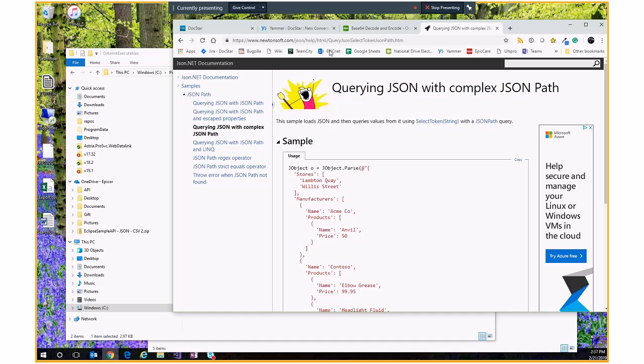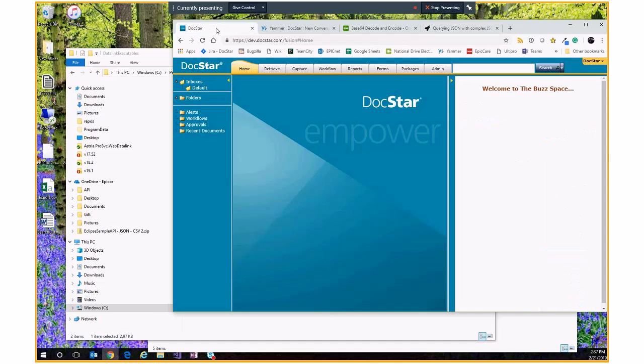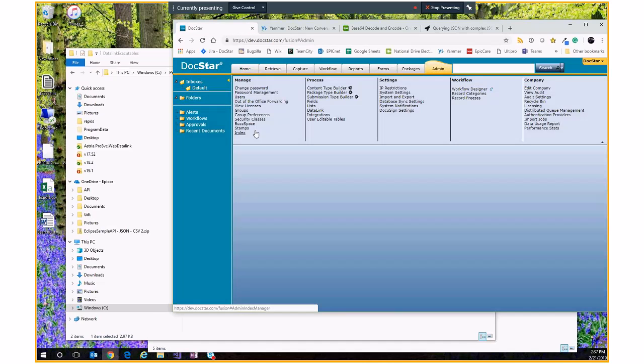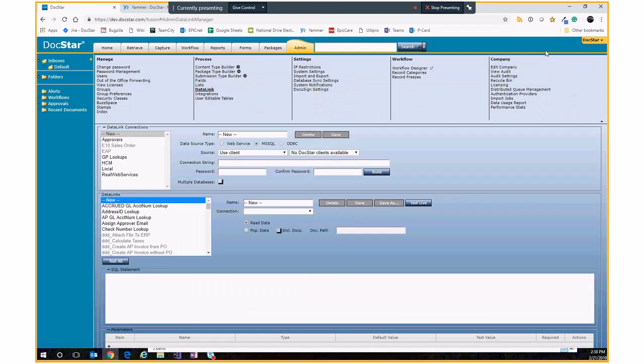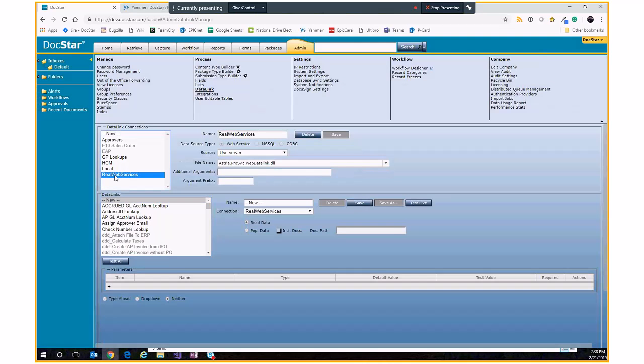If I switch to DocStar, and I go to the DataLink page, here I have a connector called Real Web Services. That is a web service type data link that's going to invoke my Azure ProService Web Data Link DLL. No additional arguments or prefixes are required, and I currently have implemented